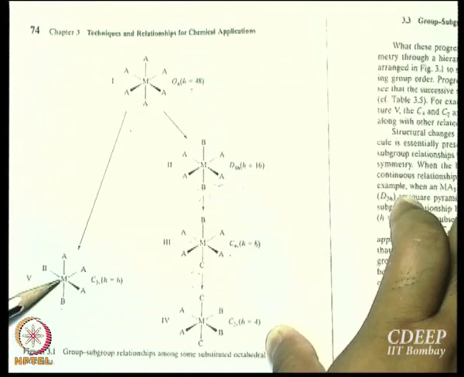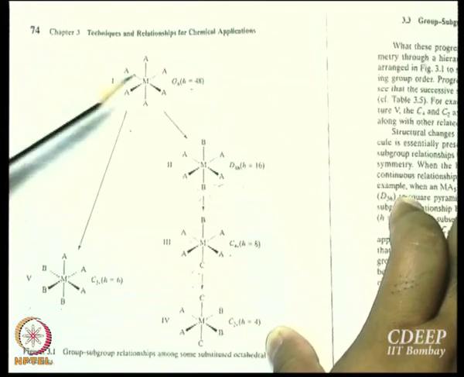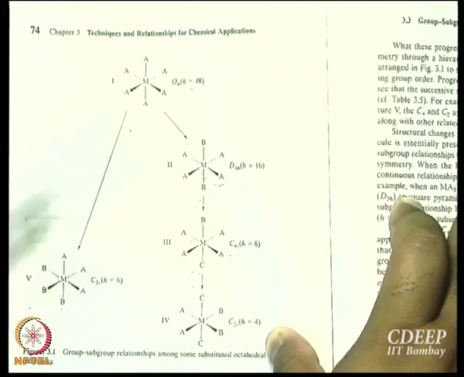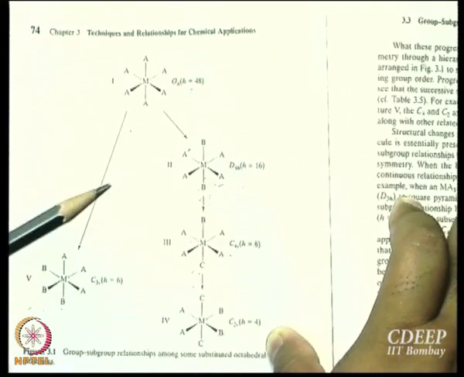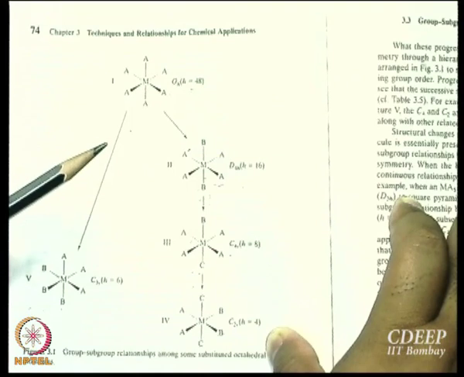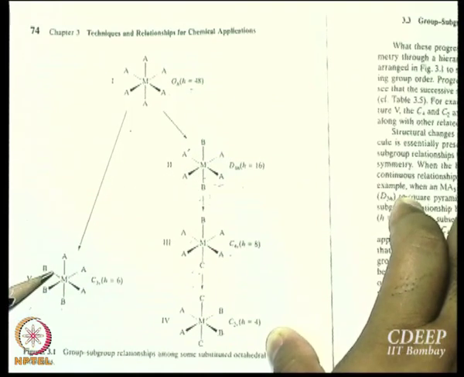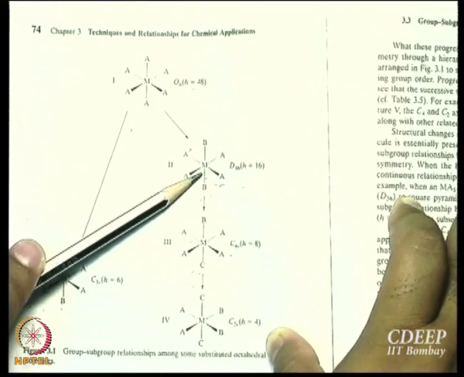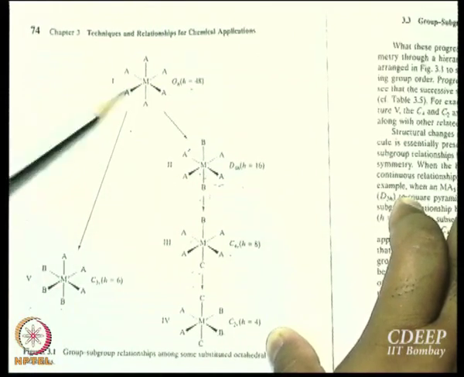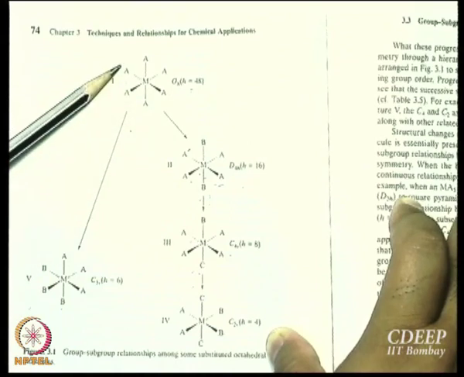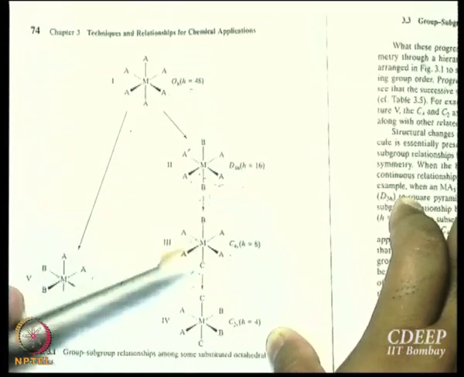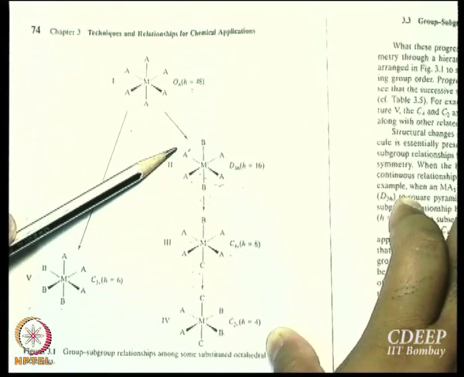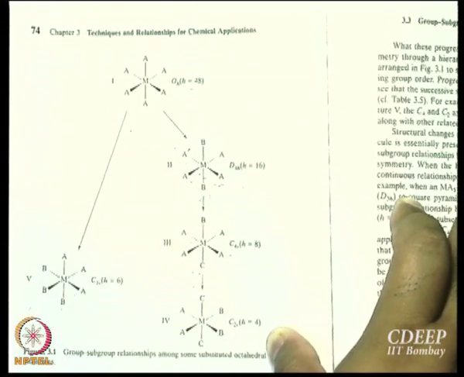What you have done is you have retained the C3 axis, but once you go from OH to D4H, you have already sacrificed the C3 axis, right, it is not there anymore. So, from here you cannot go directly to C3V. So, C3V is not a subgroup of D4H, it is a subgroup of OH. D4H is a subgroup of OH. C4V is a subgroup of OH as well as a subgroup of D4H. From D4H you can go to C4V.